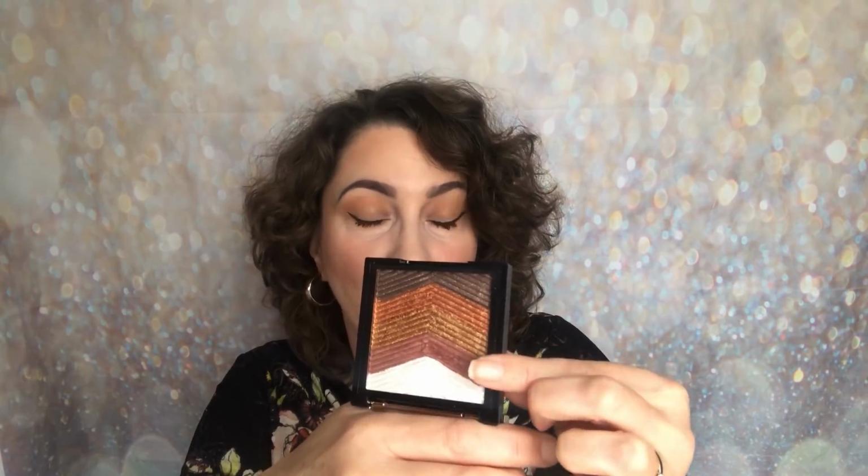It's very intense, so you don't need a lot of it. So I could have done without all of that there, and perhaps a little bit more from the other shades, but get rid of that completely and put a matte in there for me, so that I have a starting, a transitional shade, but it's all shimmers. The burgundy one there is perhaps not as intense as the others, so you can get away with wearing that in the transitional area. If that was matte, that would be perfect, because it is a beautiful shade, but also